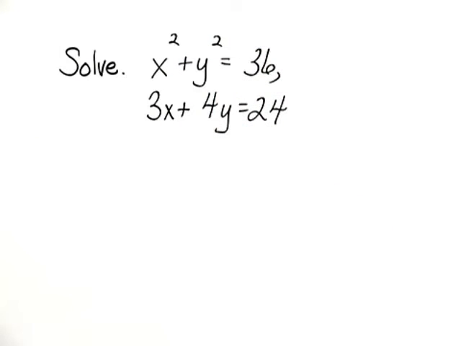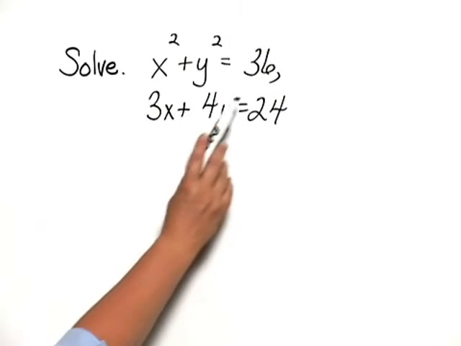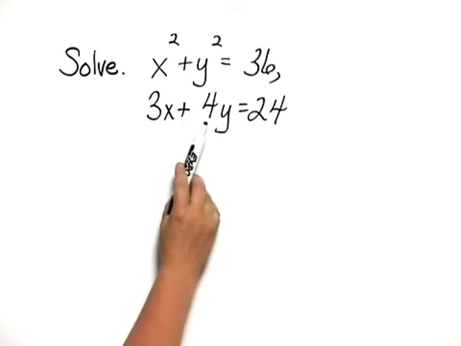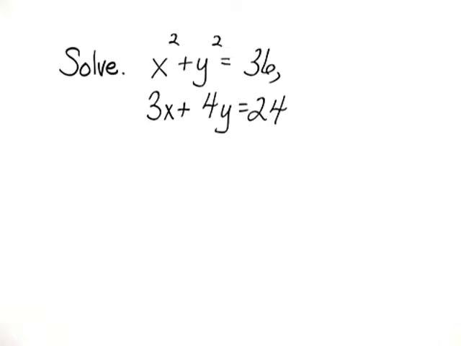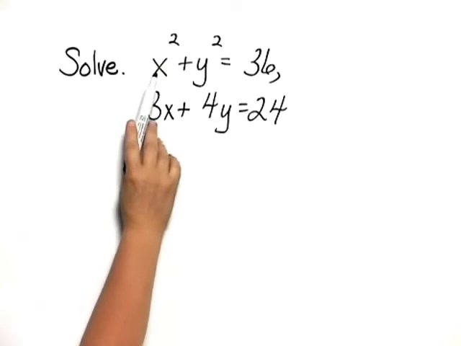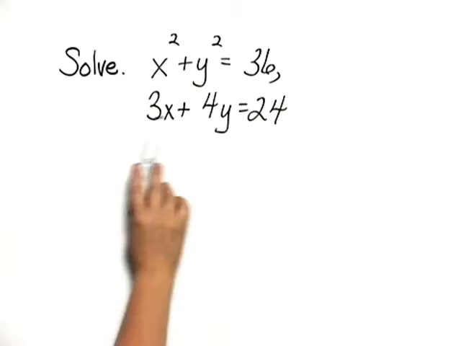In this next set of questions, we'll be solving systems of equations that contain nonlinear equations. Solve x squared plus y squared equals 36 and 3x plus 4y equals 24. This is a system of equations, and since we have one that's nonlinear and one that is linear, we'll take